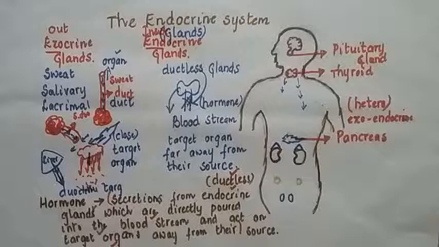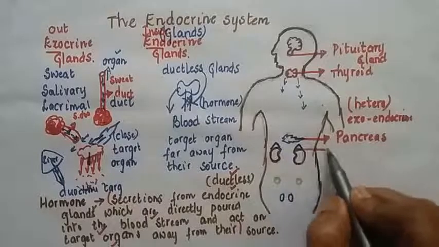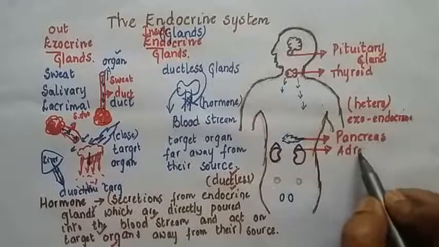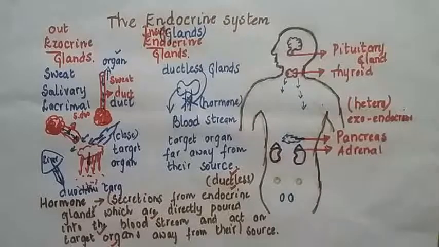If you remember, our sympathetic nervous system is stimulated by adrenaline. It's a hormone secreted by the adrenal gland. So just above the kidney, we find one more gland known as the adrenal glands, right? Along with that,